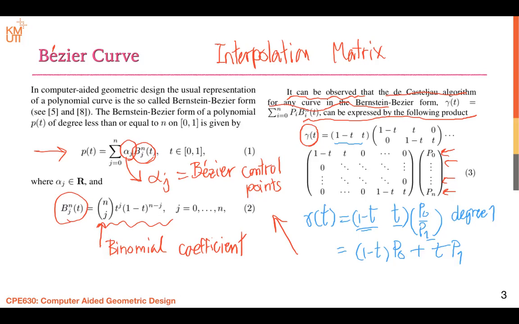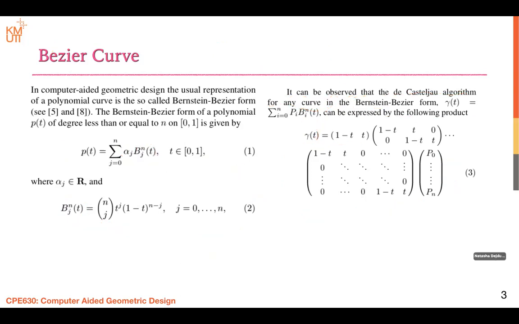Okay, so this one is the degree 1. And for degree 2, we will use this one and this one, and multiply by p0, p1 and p2. And this one is the general formula, the generic formula. So if you have a formula like this, you may have to,